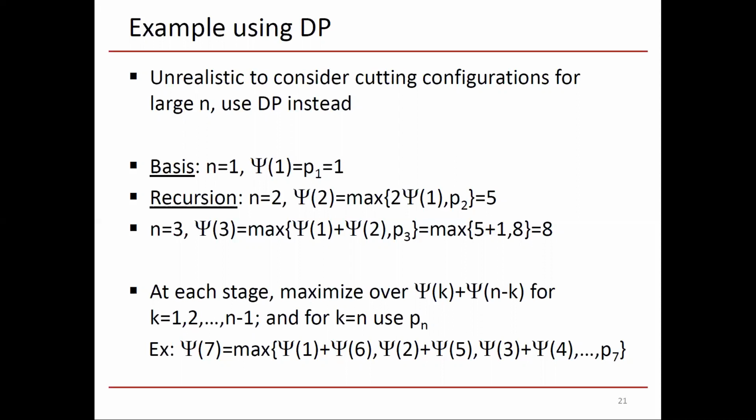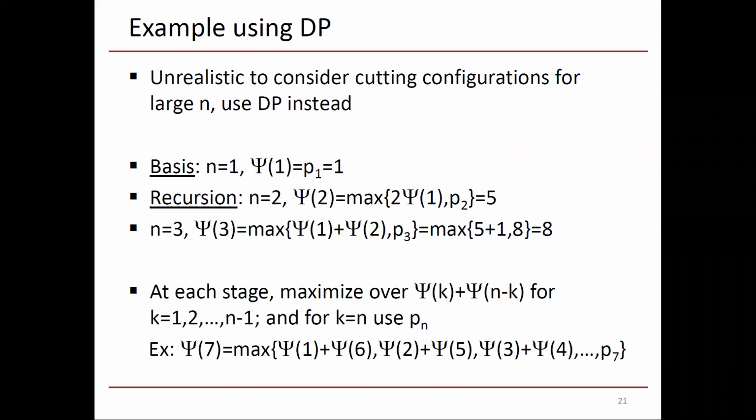So I could do a 1, a 1, and a 1, but actually the moment that I cut 1 part away and I'm left with psi of 2, we've already calculated psi of 2. So realistically speaking, we have either psi of 1 plus psi of 2 if we cut 1 off, or we have psi of 2 if we cut 2 off, or P2 if we cut 2 off and we sell it,